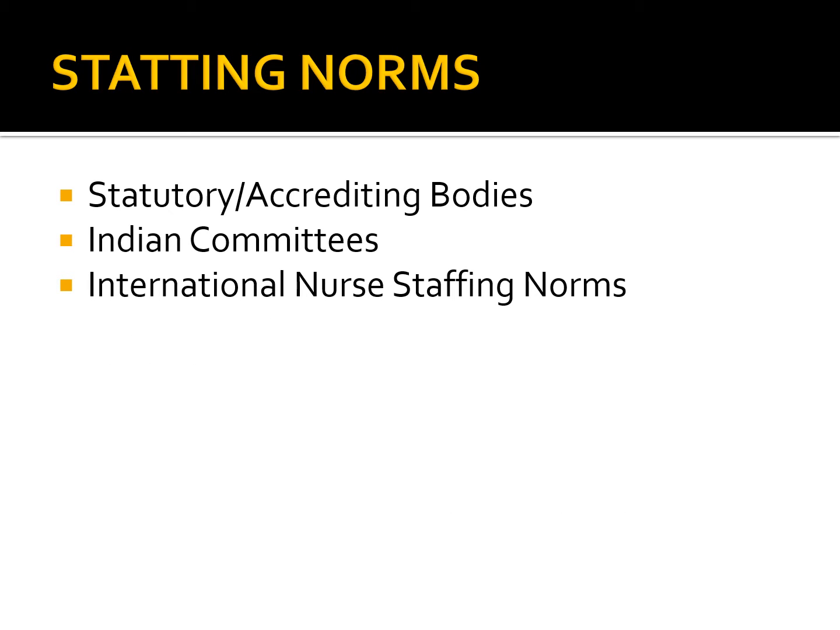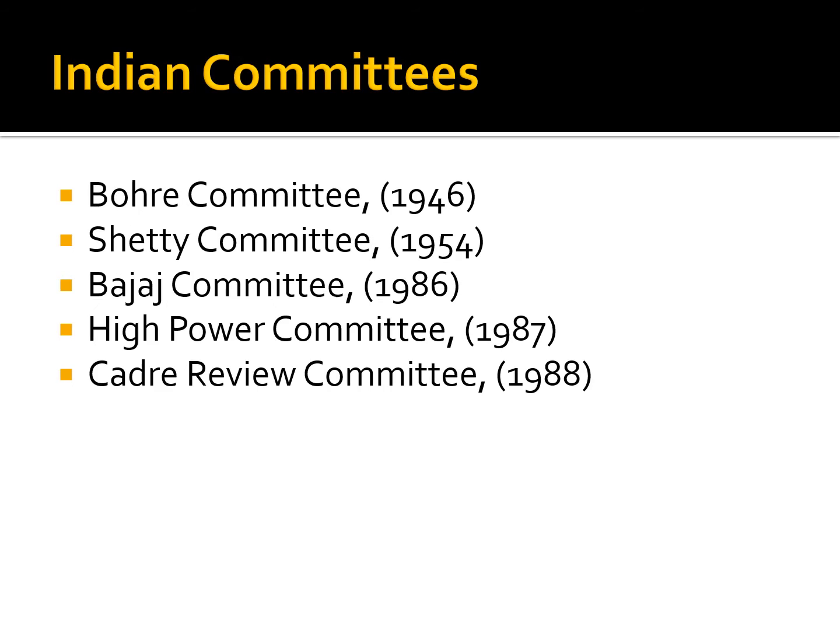Here we will see the different staffing norms given in the Indian systems. Nursing staffing norms given by statutory or accreditation bodies, then various Indian committees, and finally we will compare Indian nursing staffing norms with the international nurse norms. First we will see what are the Indian committees that have provided recommendations about nurse-patient ratio. It includes Bhore Committee, that is 1946, Chetty Committee 1954, Bajaj Committee 1986, High Power Committee 1987, and Cadre Review